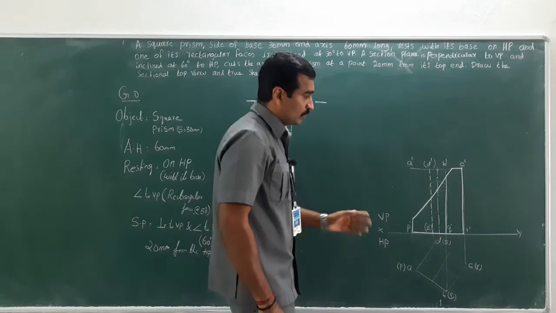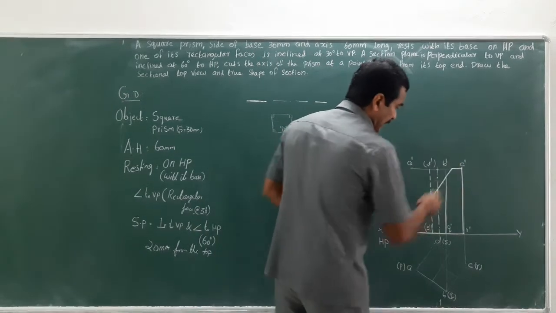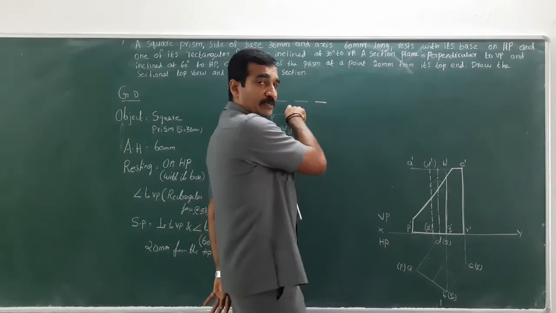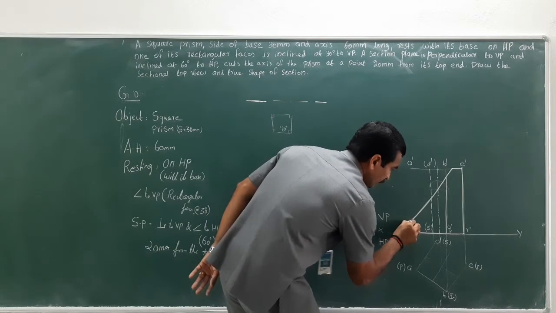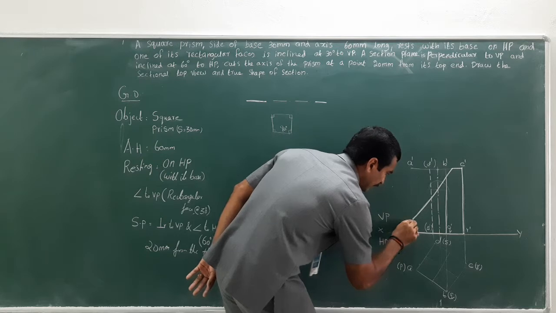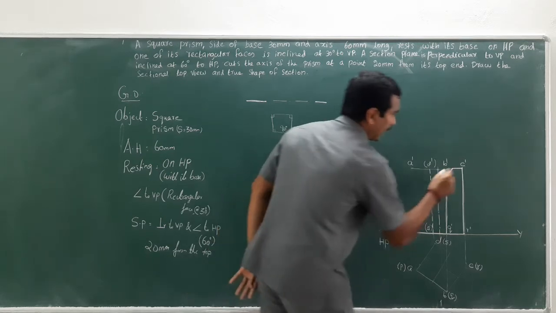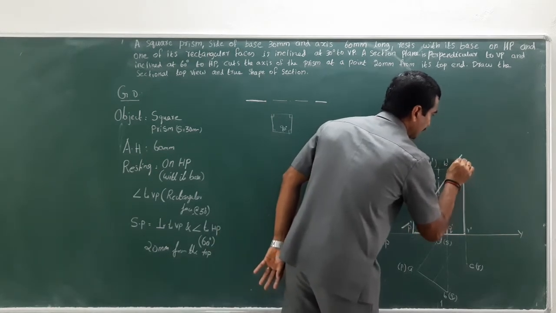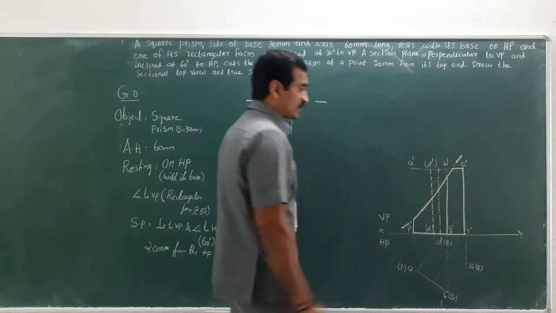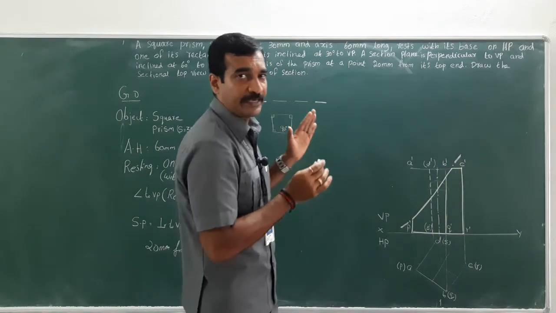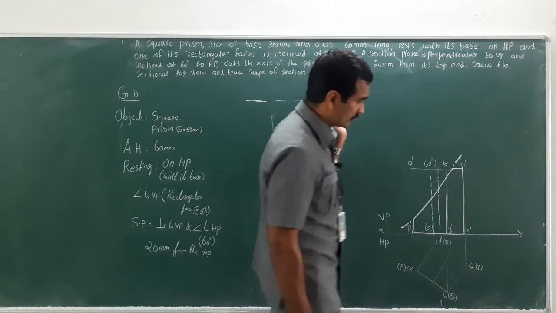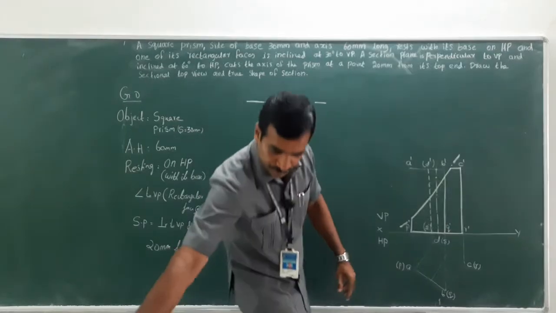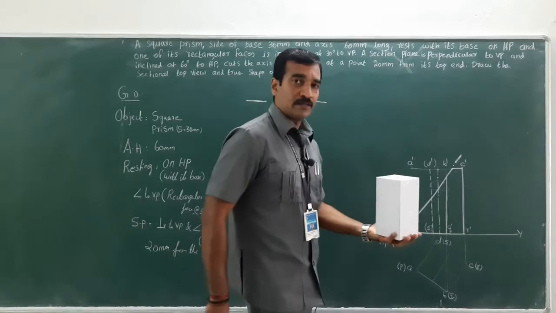Got it? So when the cutting plane is used, I have told you to represent it with this representation, that is dot and the widened line, and similarly here dot and the widened line. That represents the cutting plane is used to cut this object. This is nothing but the square prism, isn't it? So this is in question. And the object is in this manner, right?